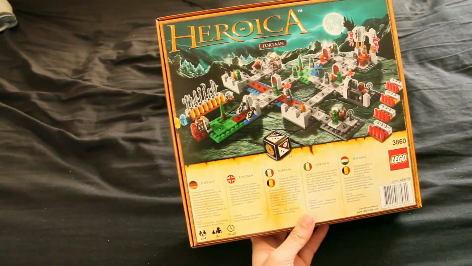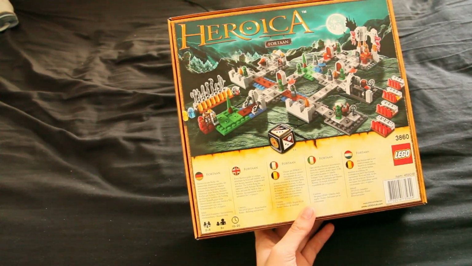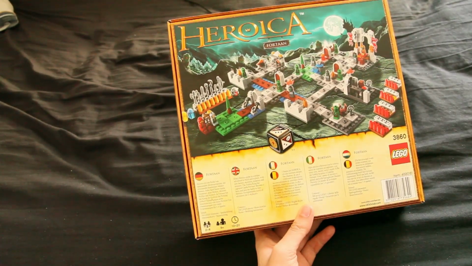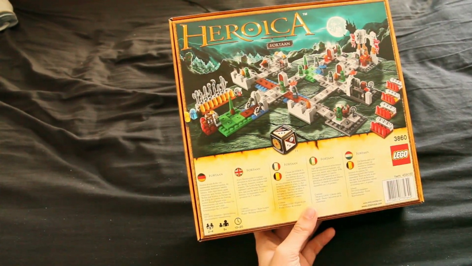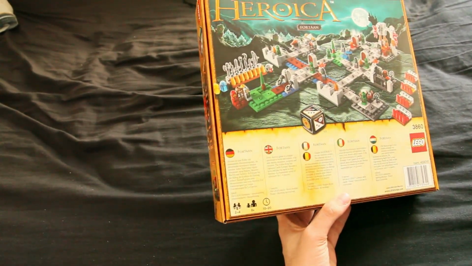On the back, you've got basic information. Again, the whole board's set out nice and clear. You know exactly what you're getting in this, and of course, with most LEGO, there's always a few pieces extra. Instead of a minifigure being 1-to-1, you've got the dice 1-to-1. That's the actual size of the dice. It says at the bottom in different languages, in English it says: